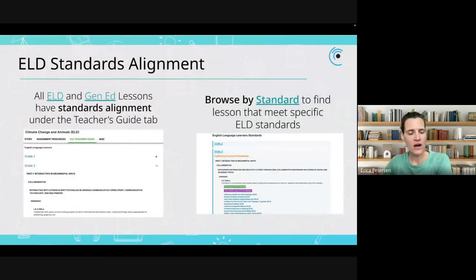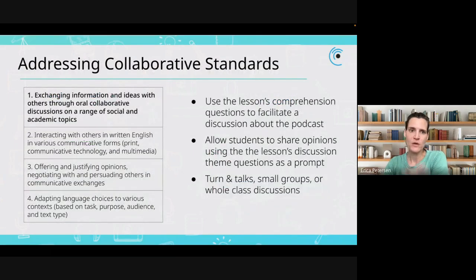And all of our Gen Ed and ELD lessons have standards alignment for grades 2 to 12 for ELA, Social Studies, Science, and ELD. So when you're in a lesson, you can see it. I will show you where to find that. Or we have a browse by standard option, which lets you see every lesson that would help you meet a specific standard. So two different angles you can take with that, and I'll show you both when I do a demo very shortly. But before that,